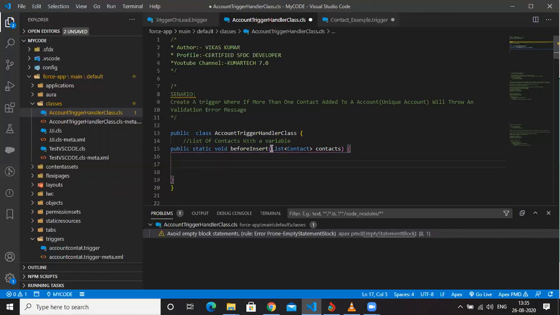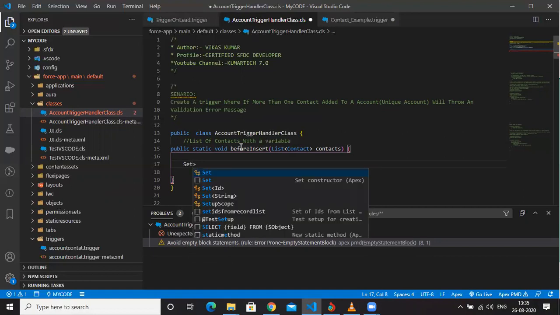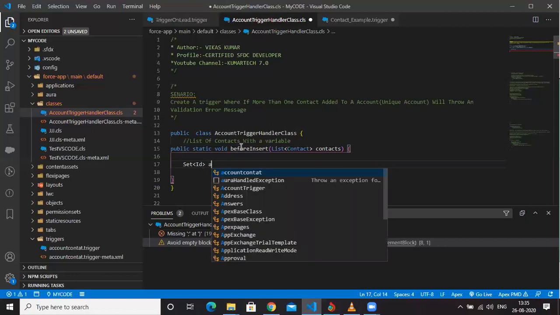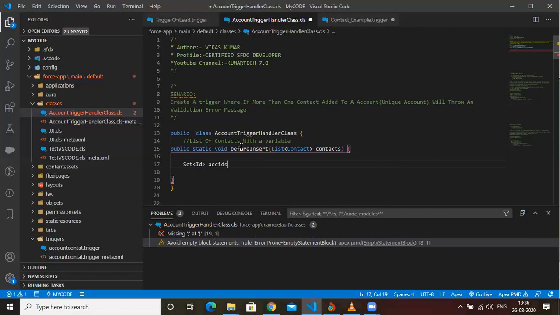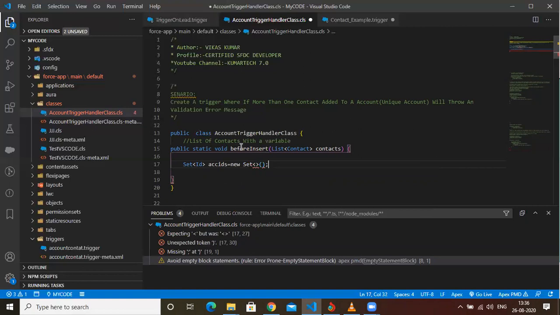Second step is, again, when more than one contact. I just created a contact list. I need the unique one, right? For the unique account I need, for that I need a set of IDs. Maybe I will give the name as accIds, and new, again, Set<Id> of unique IDs.